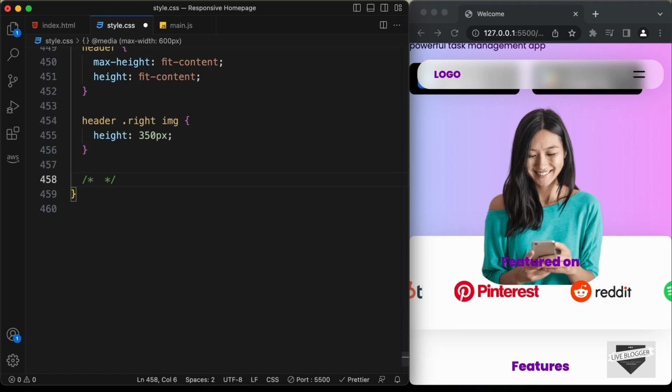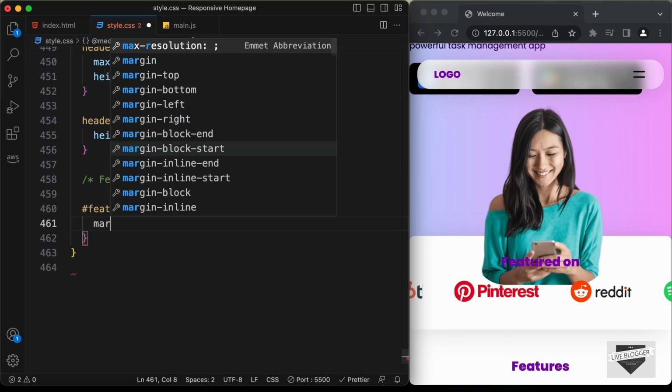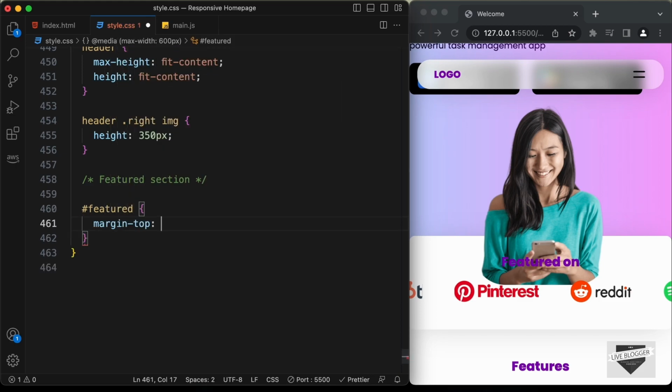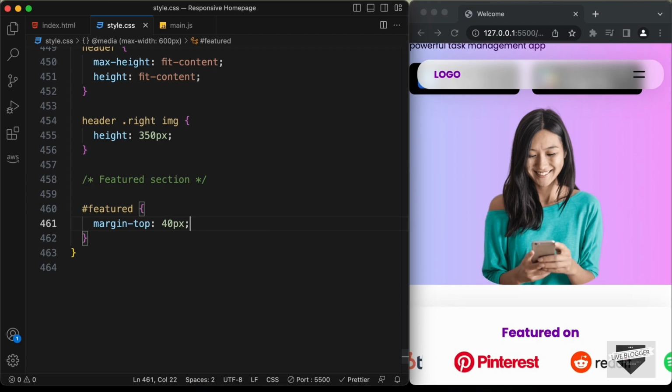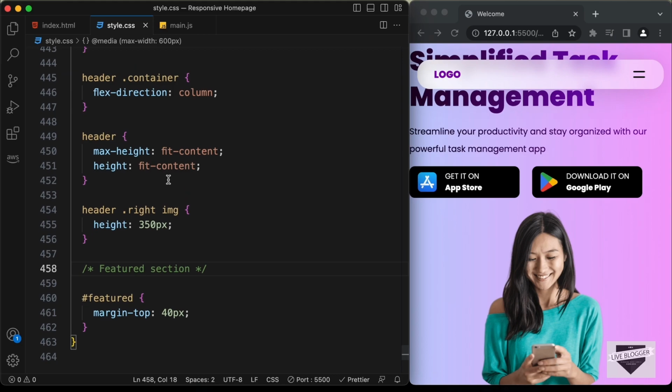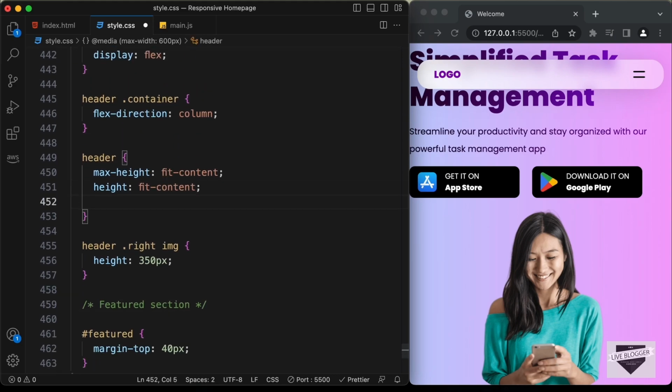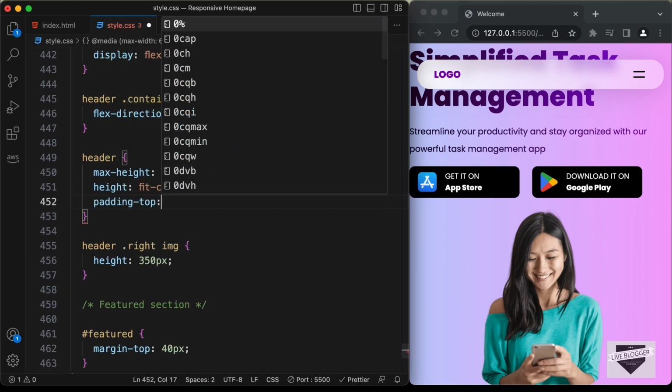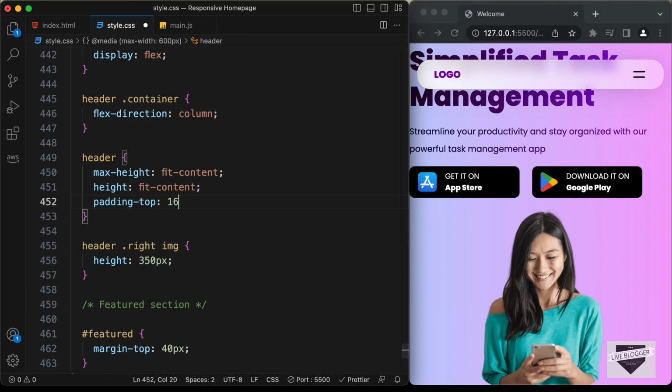Here I'll just add a comment. I'll just type featured section, and here let's type hash featured, and let's set the margin top to, let's try 40 pixels, and that looks alright. Now let's go ahead and add some padding top to this header, because here we can see that we have the nav bar displayed on top of the heading. So let's go back to the header, and here let's type padding top, and let's set it to 160 pixels,